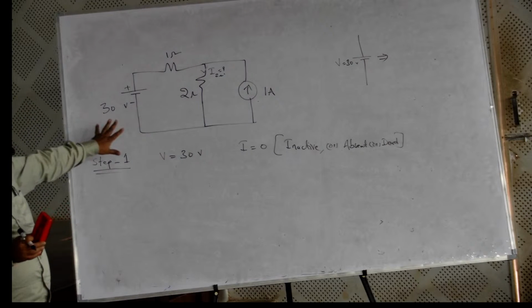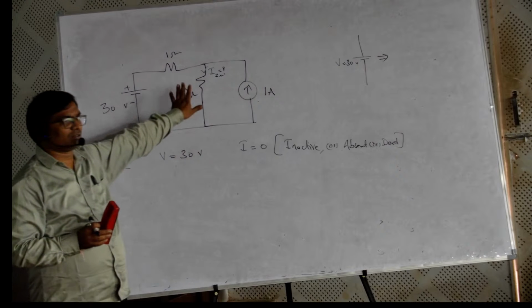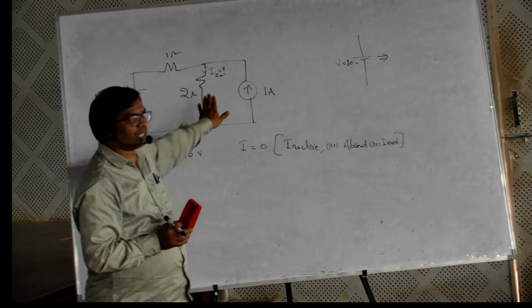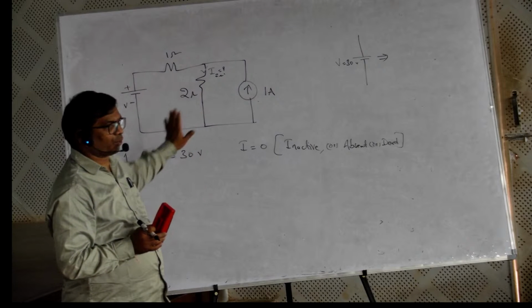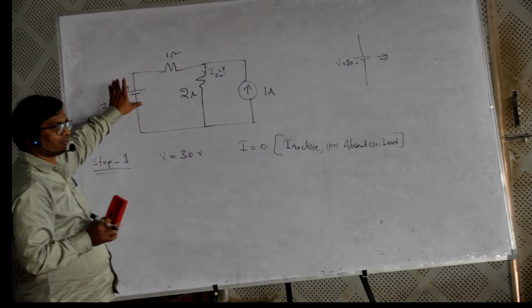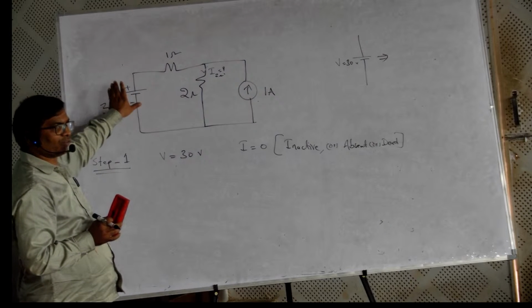So here we have to find out the current through the 2 ohm resistor by using the superposition theorem. So what we have to do? First we have to consider only the voltage source, keeping the voltage source active, and